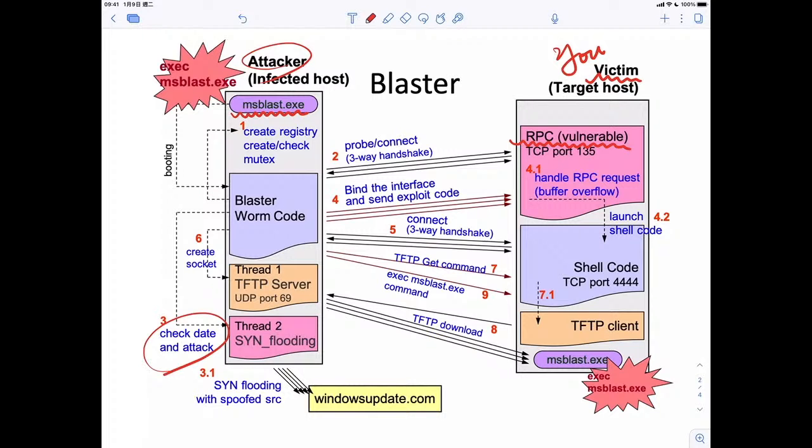Okay, let's see what kind of command the shell code should apply on the TFTP client. So step number 8. Get the file. Which file? This one, the purple one. MSBlast.exe will be downloaded from the TFTP server at the attacker side to the victim side. Okay, so after step number 8, the victim at the right-hand side obtains the MSBlast.exe. So that is the entire cycle of how a Blaster attacker